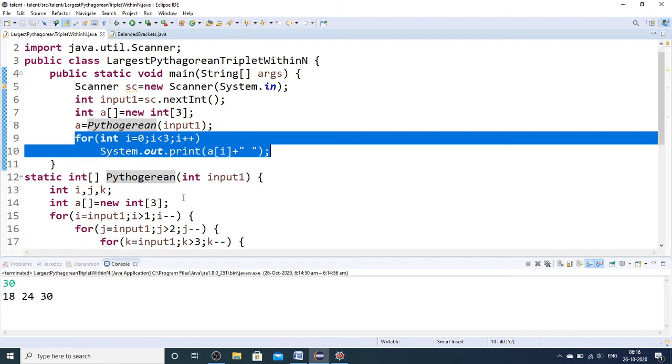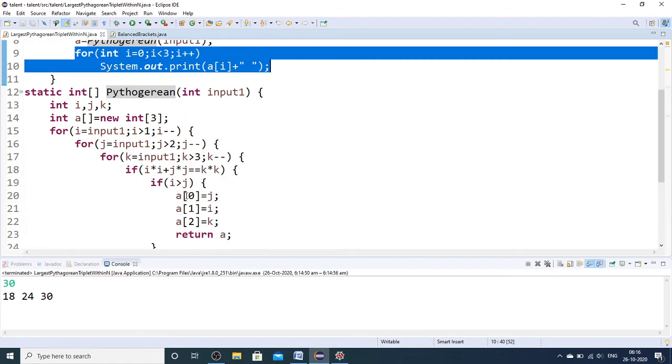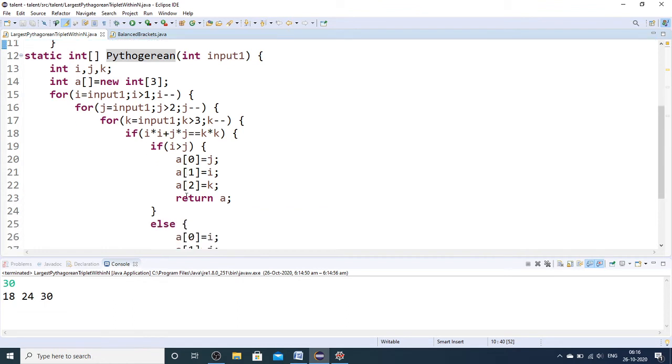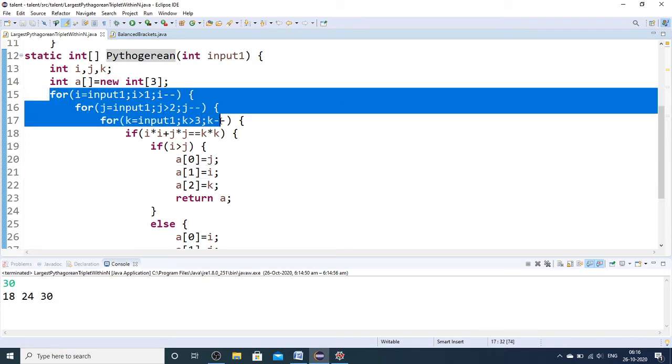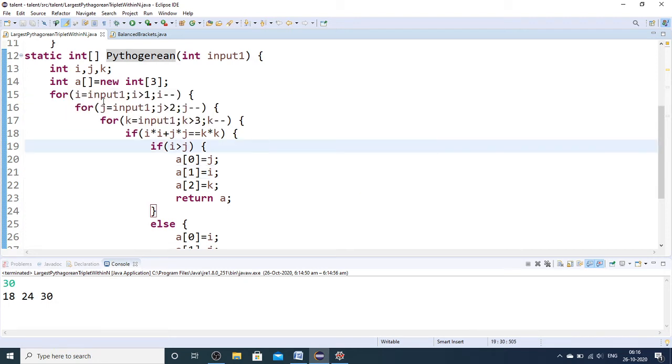Coming to my Pythagorean function, here I have declared i, j, k for loops and an array a again of size 3, and then I am running these i, j, k loops, that too in reverse direction, because I require the largest triplet, so I am not interested to check from the beginning onwards.